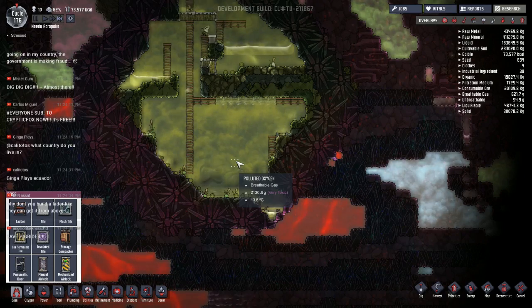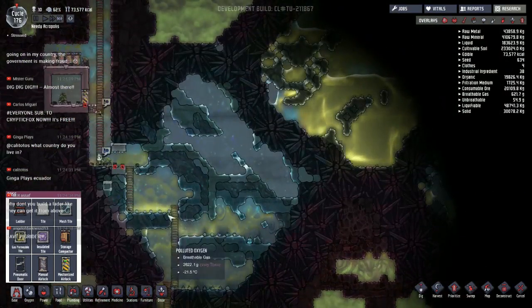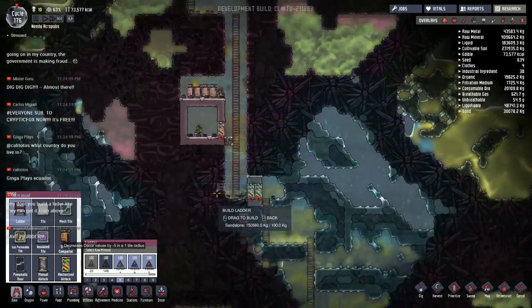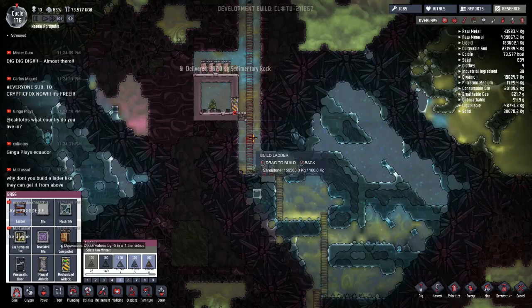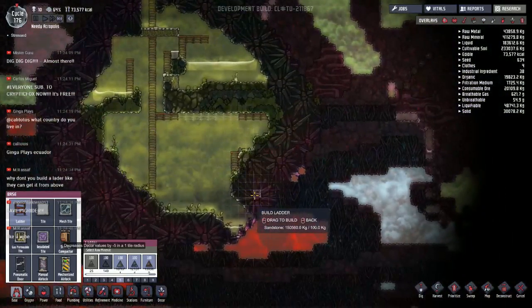Why don't you build a ladder like they can get it from above? I'm not sure I understand what you mean by get what from above. I should build a ladder in here. Oh no, actually I'm going to send... Eventually what I'm going to do is send some polluted water down this tunnel, so we'll see what happens, but...